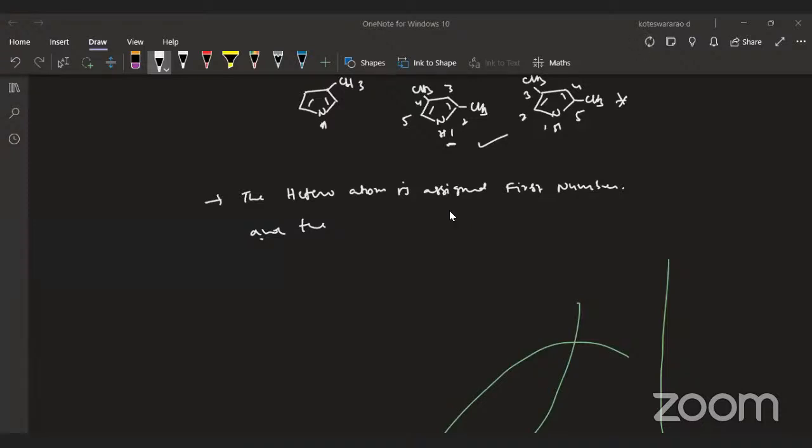The heteroatom is assigned the first number and the substituents are counted around the ring, in such a way that